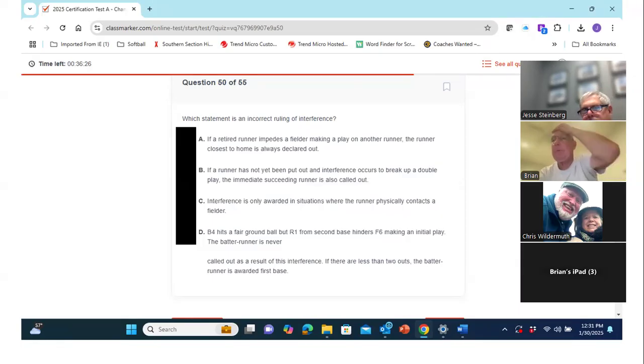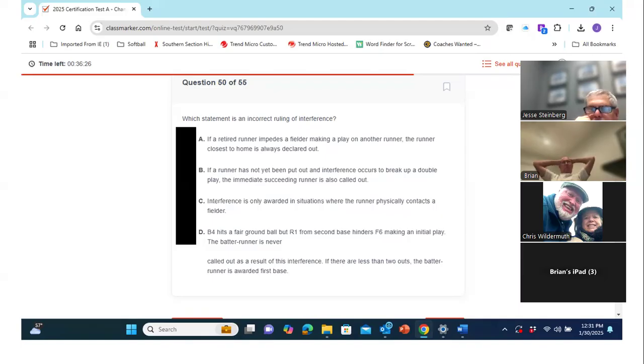So, does a throw have to be made? No, because if the girl slides and takes the shortstop out, she's retired and now she's interfering, if you think that her action resulted in the shortstop not being able to make the play. The only place where interference requires a throw is on the runner's lane violation. There has to be a throw, and it has to be coming from behind the runner.